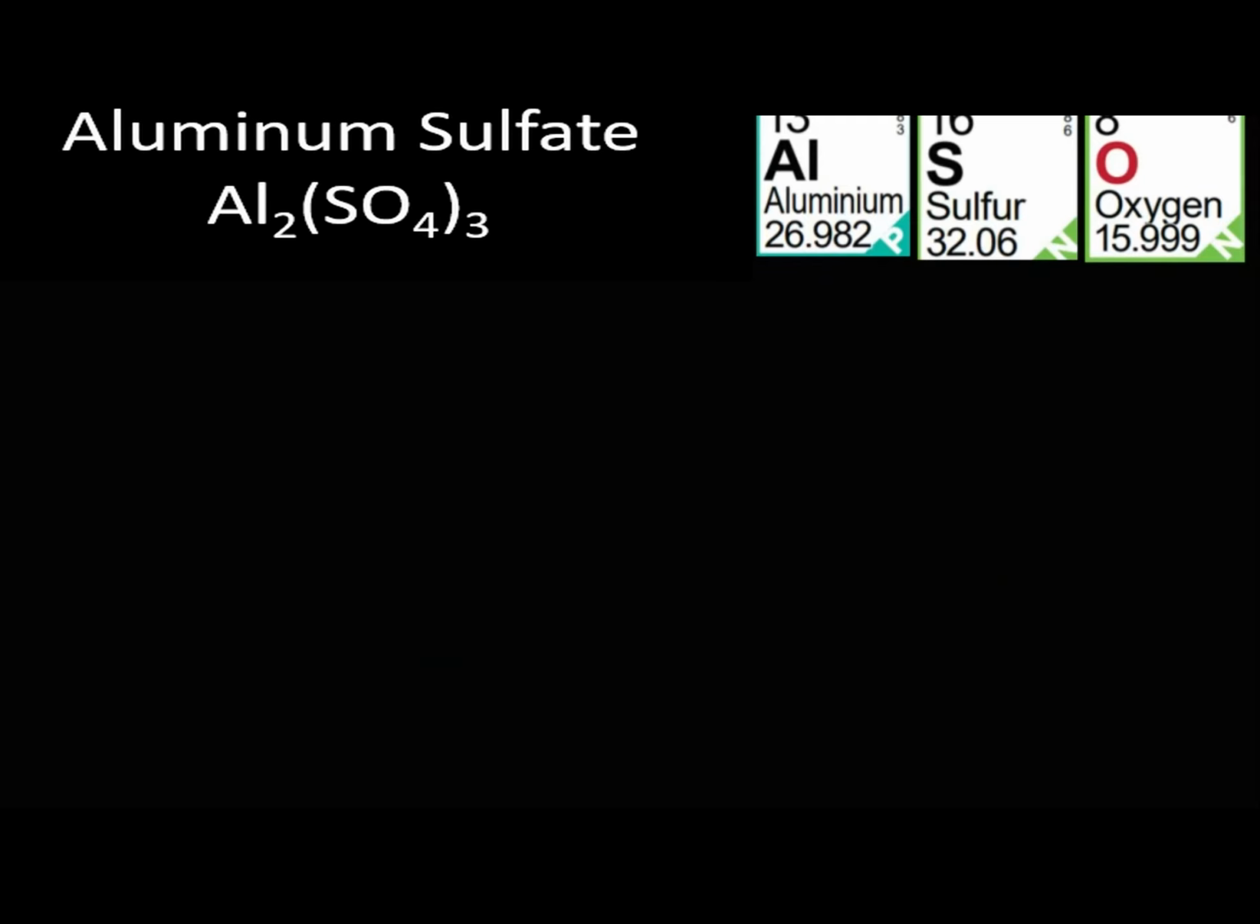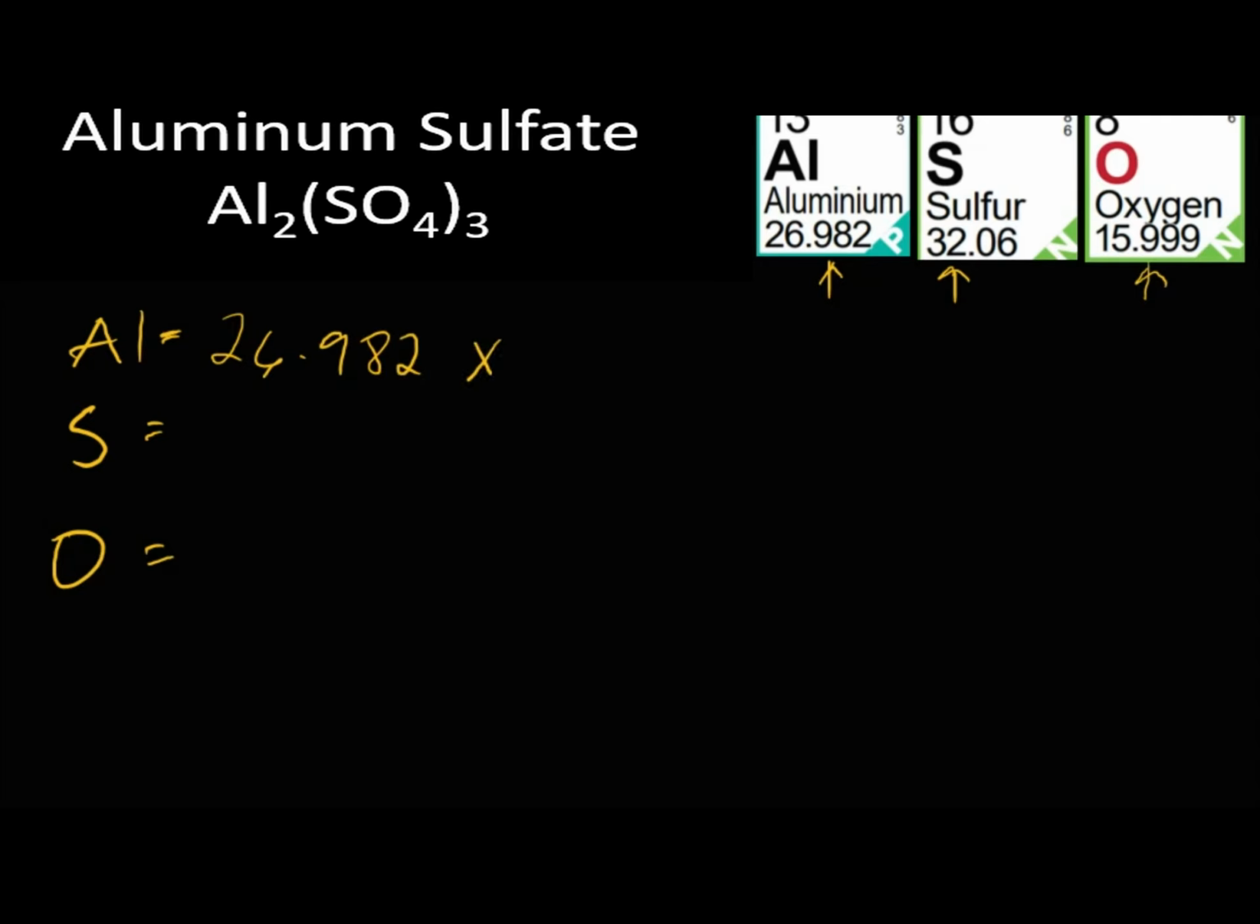Now, for aluminum sulfate, the elements present are the following: aluminum, sulfur, and oxygen. By looking at the periodic table, the atomic weights of these elements are given here at the bottom. Okay, so let's write them down. We have aluminum, sulfur, and oxygen. Right, so let's start with aluminum. The atomic weight of aluminum is